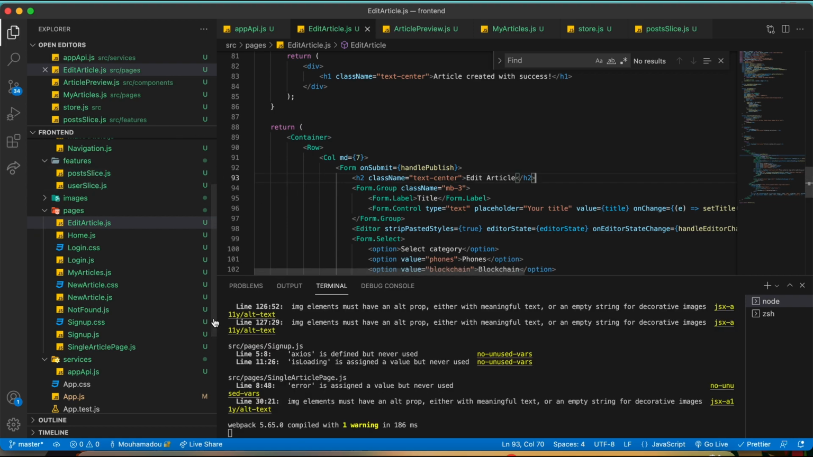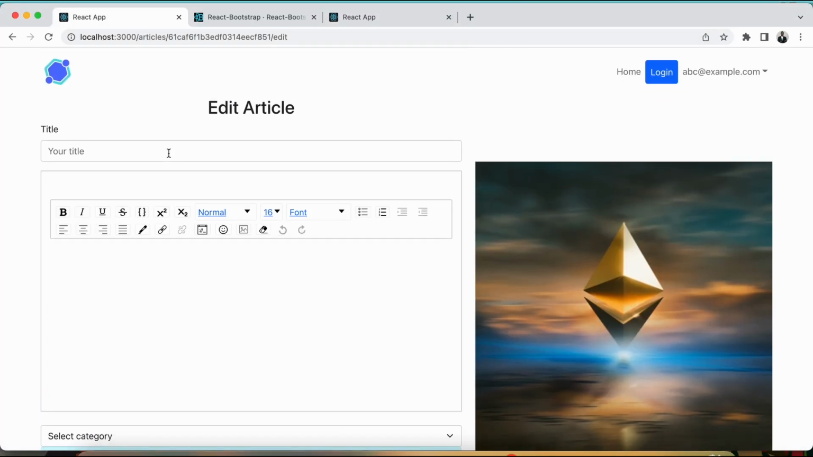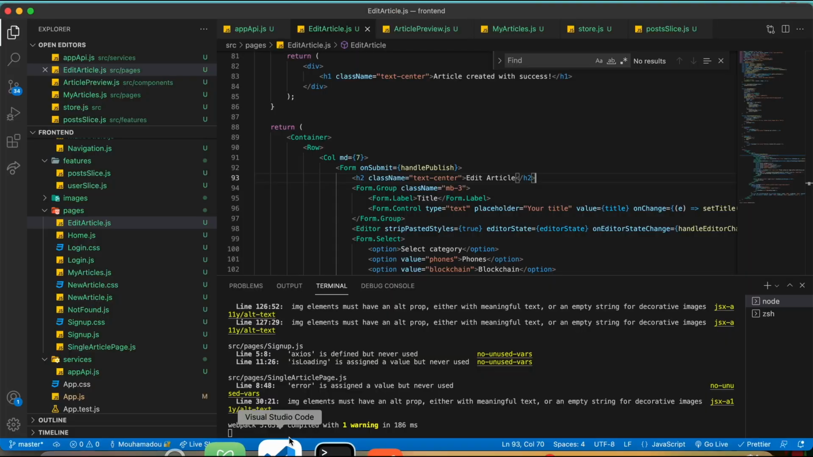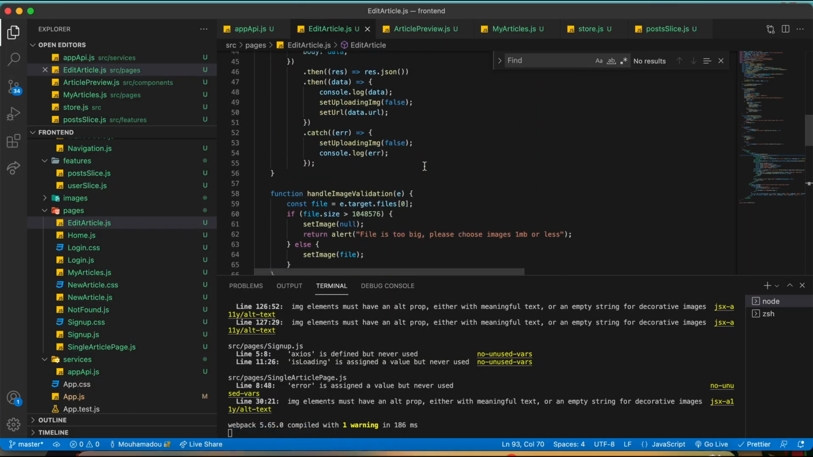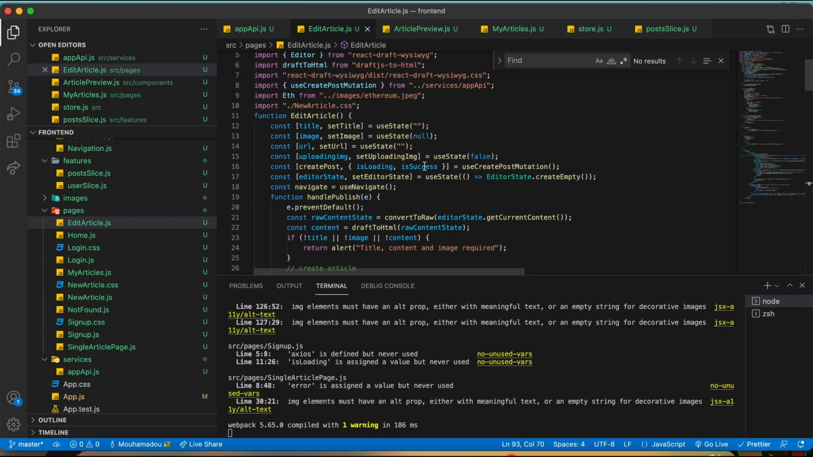Alright, so now we are in the edit article page, and what we can do here is, the title should be coming from the state, our Redux state, and as well the content, so it should be fulfilled. We should have some content in the title. So we'll change things here. For example,